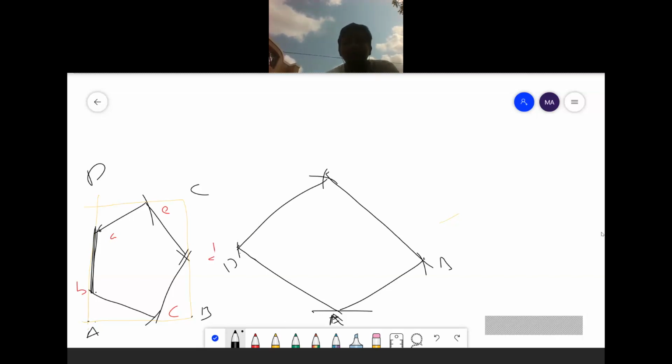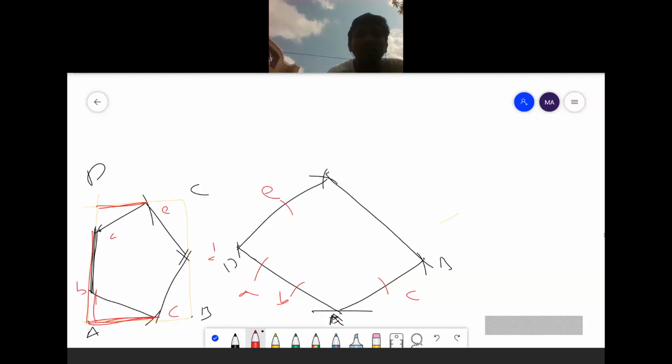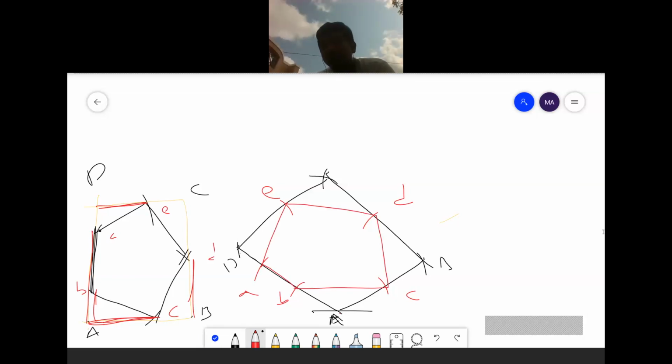In this rectangle, I am measuring from A to C and cutting on the line AB. The C is on AB, so I am cutting here. Again I am measuring from A to B and cutting a point here. I will get a B point. I will get the A point. I am measuring from A D to E, cutting a point here. I will get the E point. I am measuring from B to D, cutting a point here. I will get a D point. Then join A, B, C, D, E, A. Understand? Just I am joining this one.